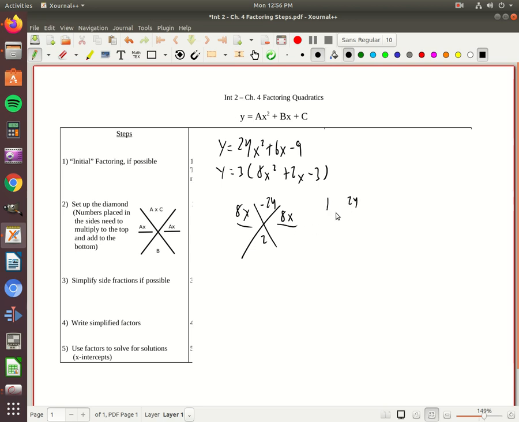1 and 24 are not 2 from each other. 2 and 12 are not 2 from each other. 3 and 8 are not 2 from each other, but 4 and 6 are. Specifically, it looks like the 6 needs to be positive, right? Negative 4 times 6 is negative 24. Negative 4 plus 6 is 2. So at this point, I will